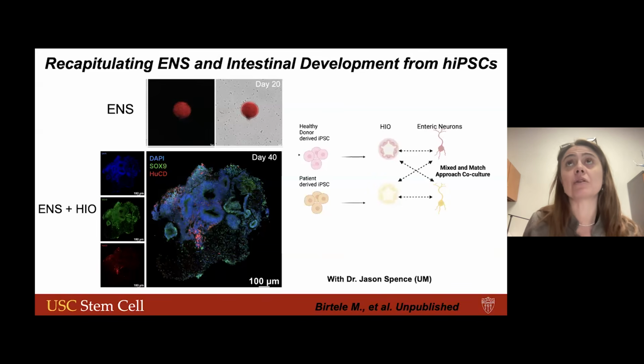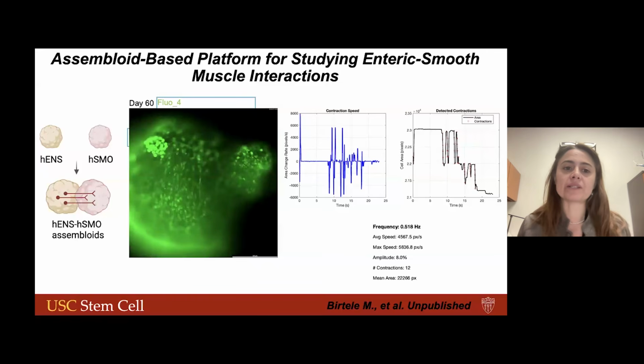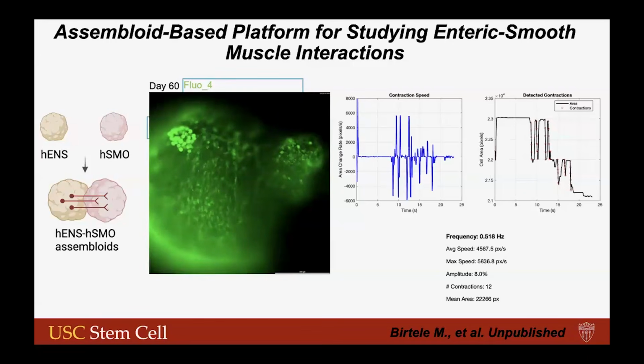Something that Marcella has also been very much focusing on is developing an assembloid model, a fusion between human smooth muscle and enteric neurons. What she has found is that she is indeed able to see contraction in this spheroid of human smooth muscle. And so what she is now doing is trying to understand how contractility is also altered in co-culture with SYNGAP cell lines. And then Marcella's idea is to bring this project to her own lab and screen many other genes associated with